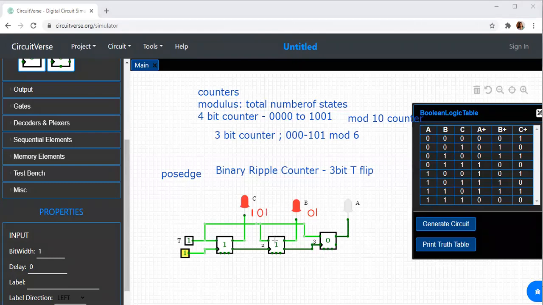Now what is the clock for this? The clock for this is 1. So what will be the clock over here? The clock is 0. So what happens? If the clock is equal to 0, will the output change? The output will not change. It will retain the same value. Okay, so it is retaining 1. Since this is 1, what is this value now? Q bar will be equal to 0. If Q bar is equal to 0, what happens to this third flip-flop? It will retain the same value. So what is the previous value?